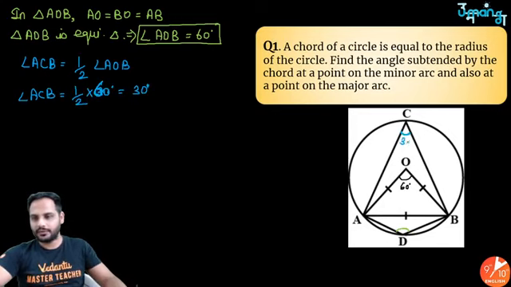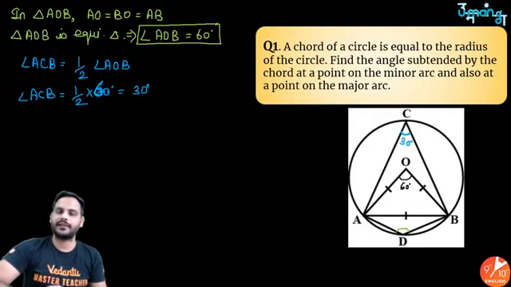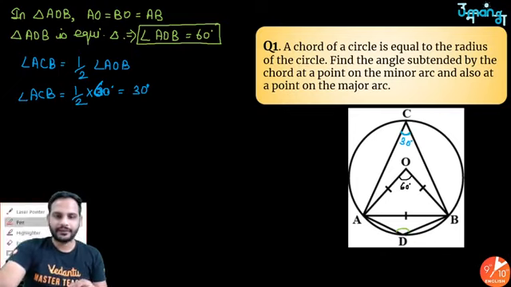So this angle is equal to what? 30 degree. This angle is equal to 30 degree. Now angle ADB we can find in many ways. How? Understand. The first method I will say is,